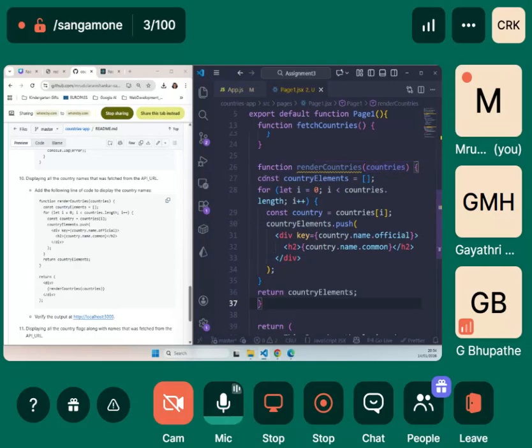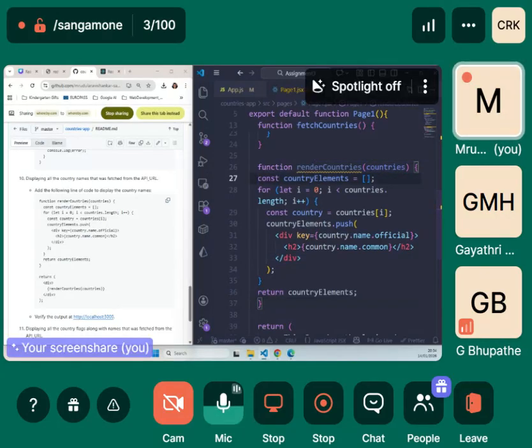Now we are going to create an empty country elements array. Then we are going to loop through each of the countries using a for loop.